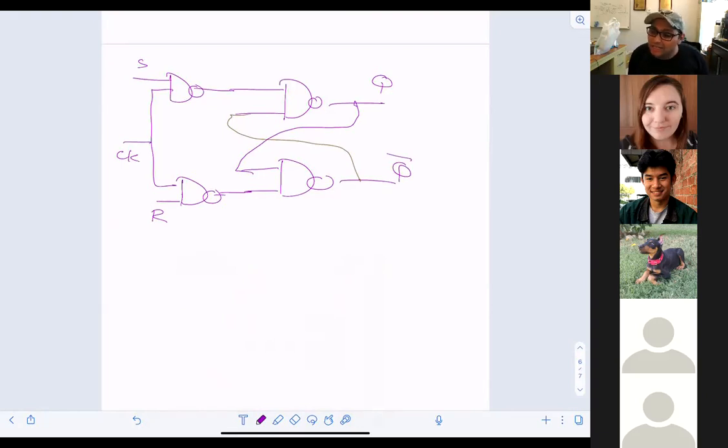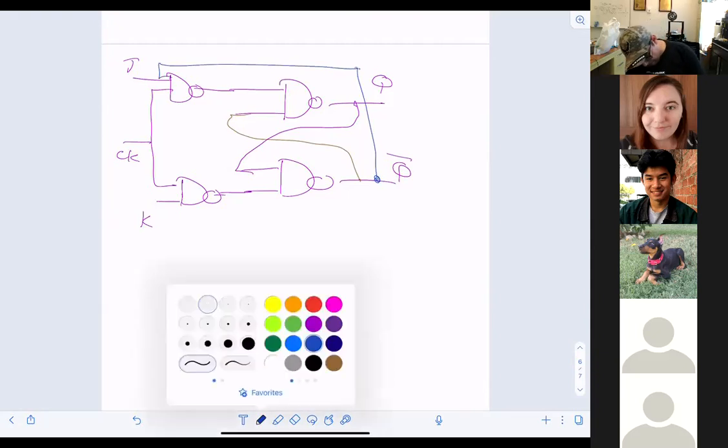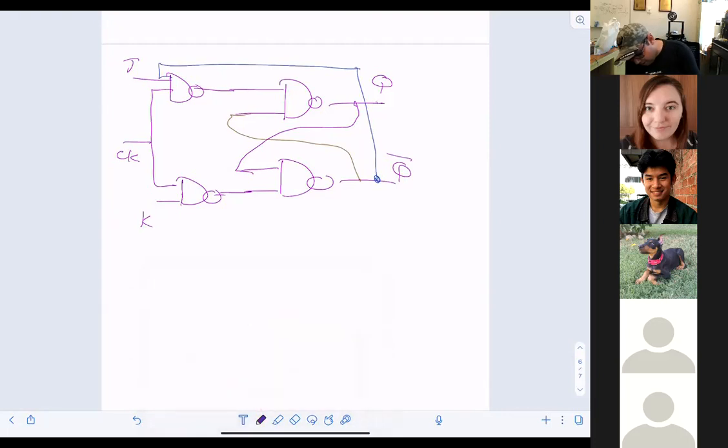So mathematicians came to the conclusion that we have to feed back, reverse the flip-flop, to build something called a JK flip-flop. What does it mean? They came up with a way to remove S and R, and they call these J and K. Okay, so far nothing has been changed, right? The new change is basically to come here with a new color and take the Q complement and loop it back into the NAND of the J. And with a different color, which is this one, take the Q and loop it back and connect it to the,